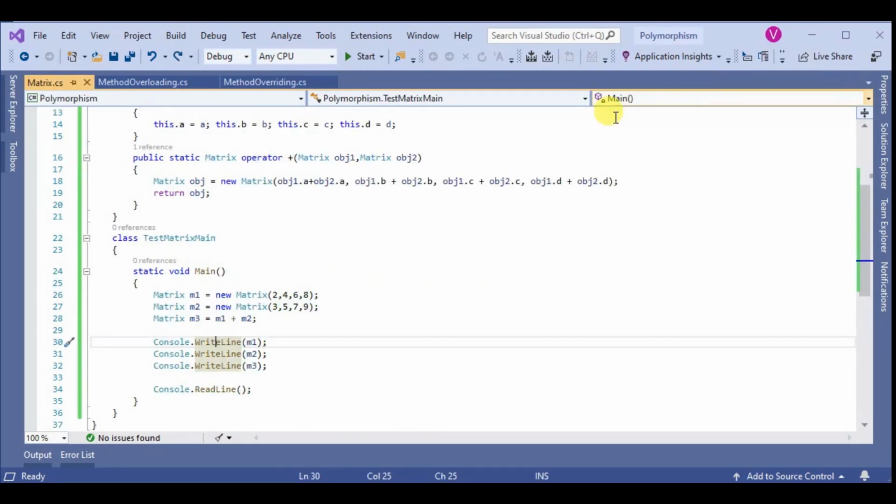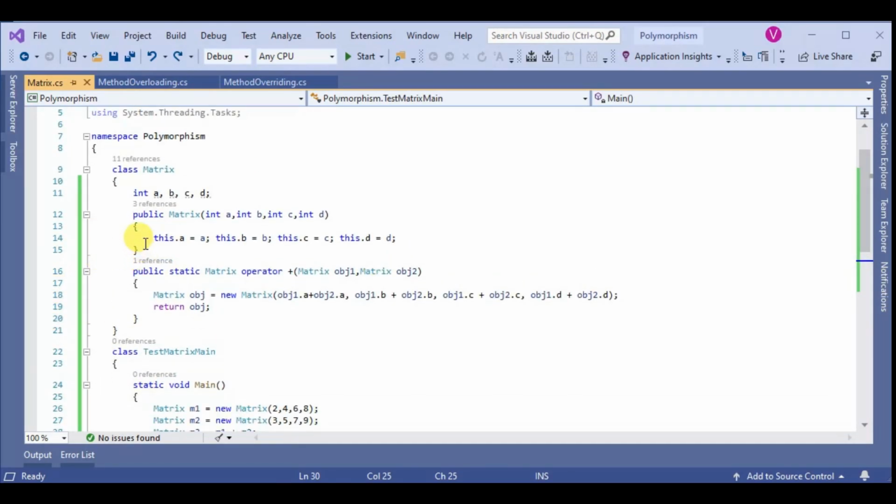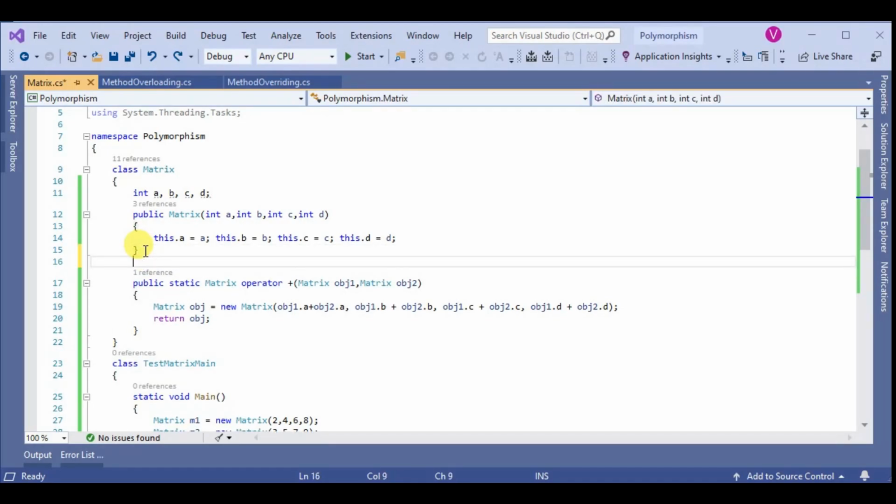The object's print gives the class name.